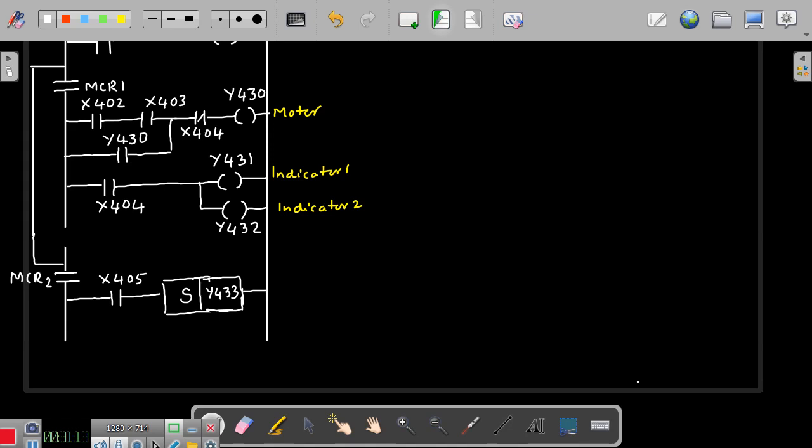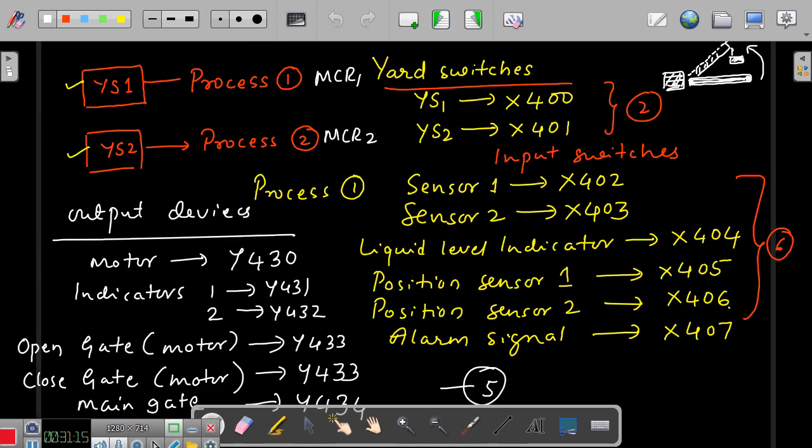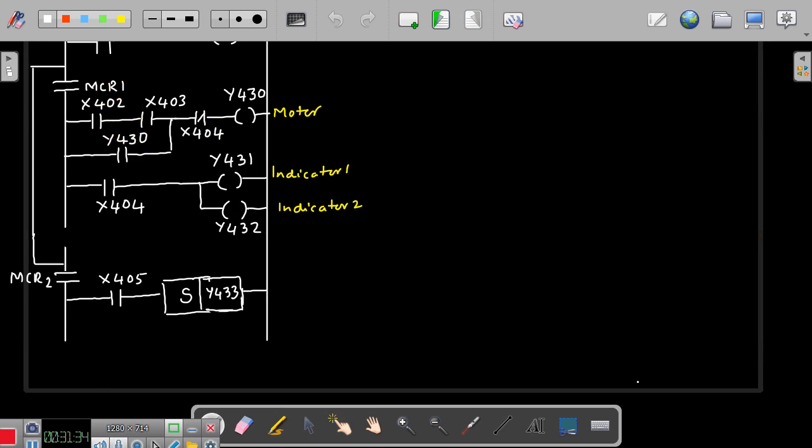Now, we have come to the position where the barrier is open now, right? So now, in order to close the barrier, we have to go to the next input, that is the position sensor 2, which is X406. I have already explained this. Now I use one more sensor here, then one more output device, something like this. So this is for resetting. This is X406,